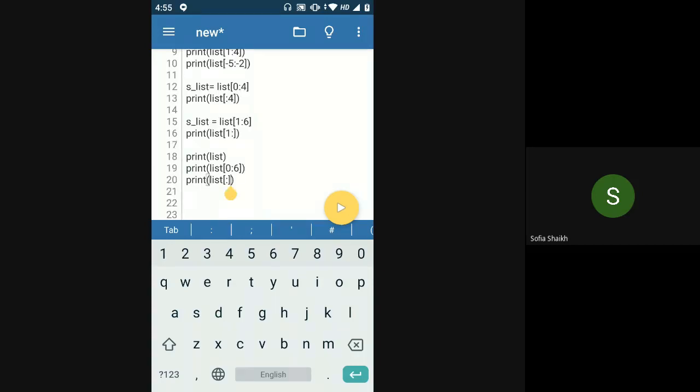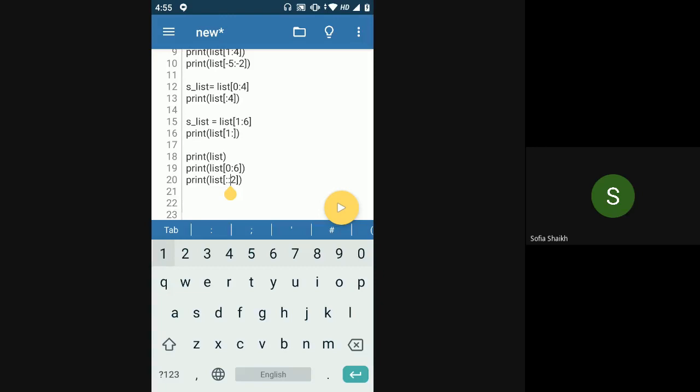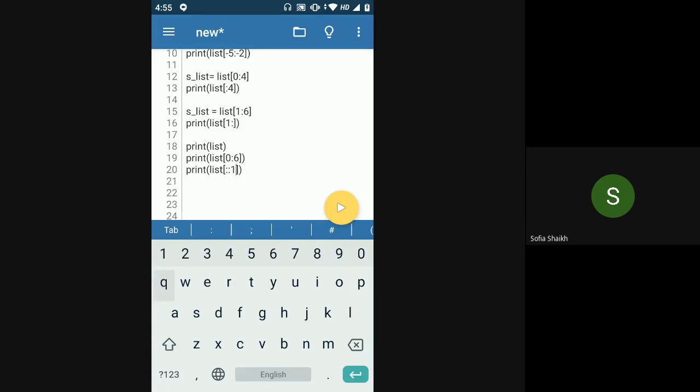I do not want all the values of it. So in that case, there is one more colon that you can use, and you can put 2 here, which means you are skipping. Like, if I put 1 here, you go throughout the list, you check the whole list, and you print what comes at every step. Don't skip anything in between, just print everything that is present in the list.